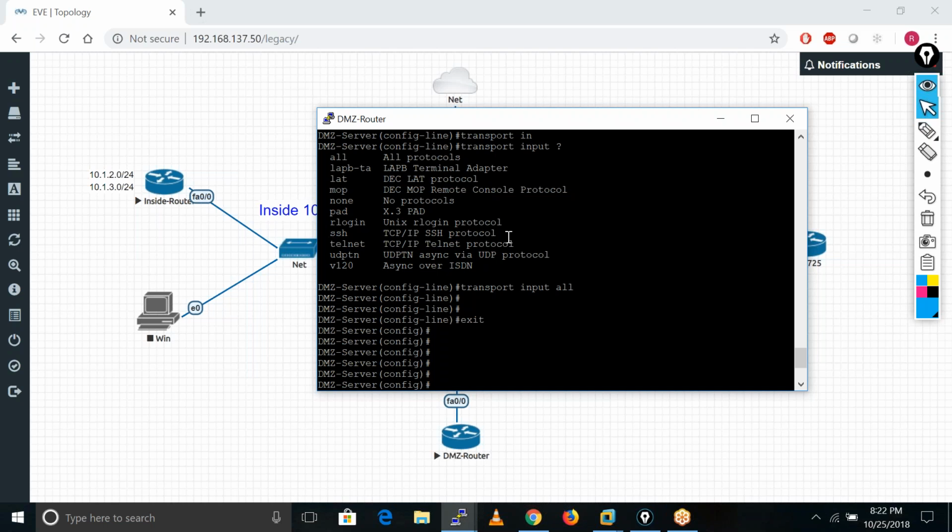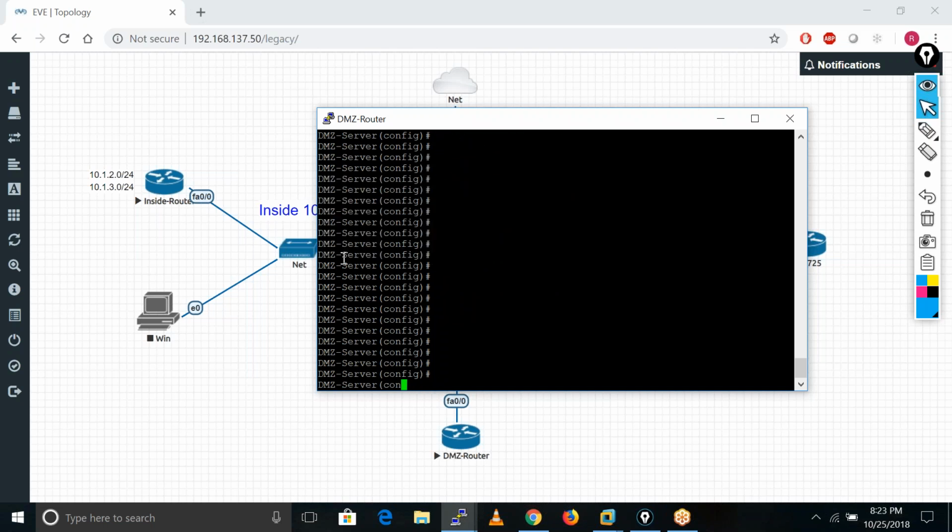Here I am using all. All means it accepts all these requests like rlogin, SSH, telnet, UDP, TN, V120. These are the main ones, SSH and telnet.